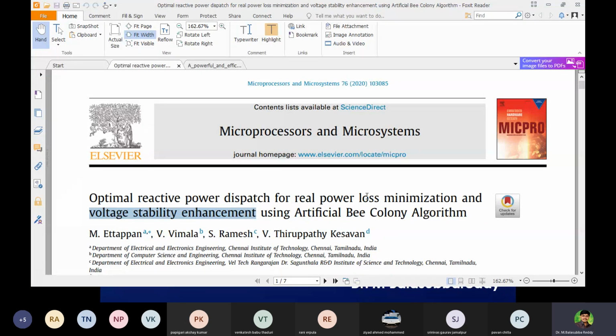Many states, any state's real data you can take, and find the cost of generation, the minimum loss, or the voltage deviation. Many optimization parameters are there. You can choose those parameters and try to